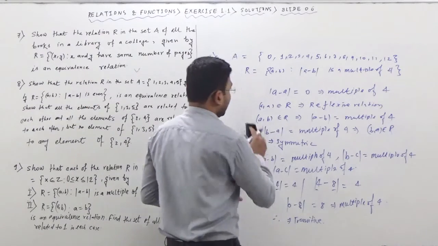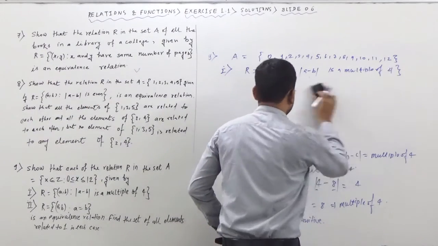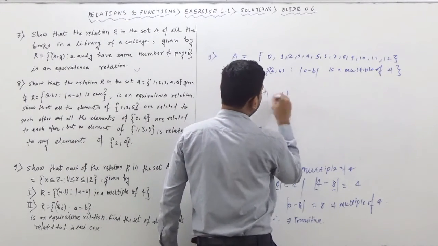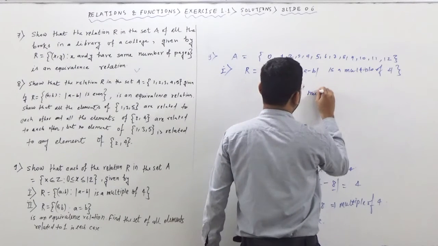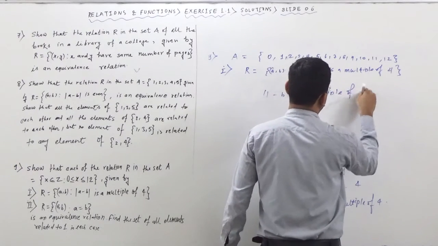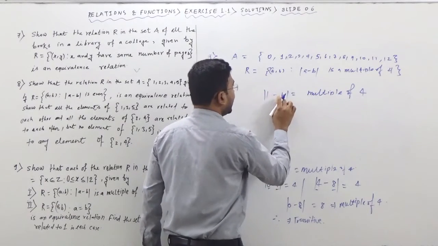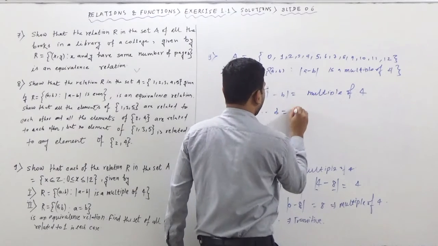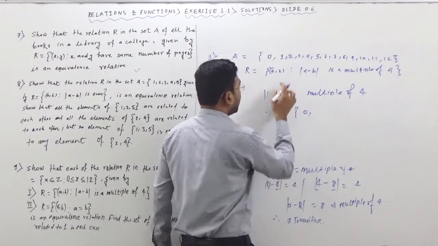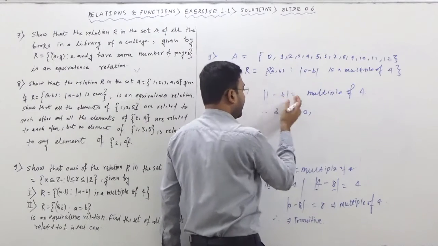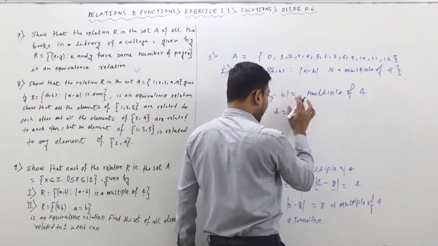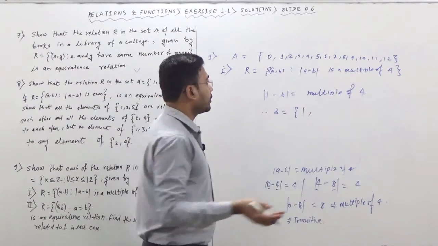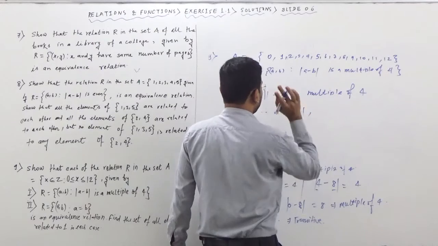So when you are taking 1 as an element, what will be the next element which you have to take? Because 1 minus something needs to give a multiple of 4. To get this, we must keep some value of B such that this is a multiple of 4. Therefore B can be either 0? If you are keeping 0, we will not get a multiple of 4; we will get 1, which is not a multiple. So we will keep 1. If you are keeping 1, 1 minus 1 will become 0, so 0 is a multiple of 4. Now we can keep 2, but no, we will not get it.